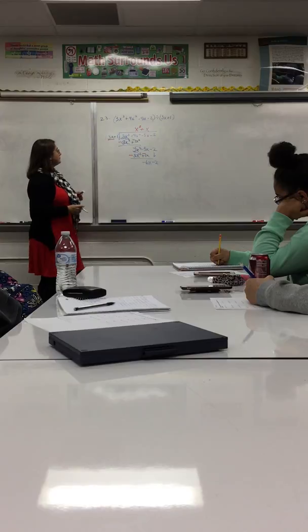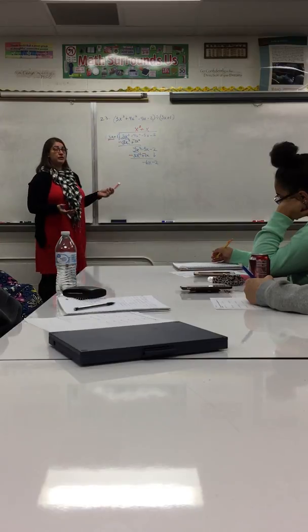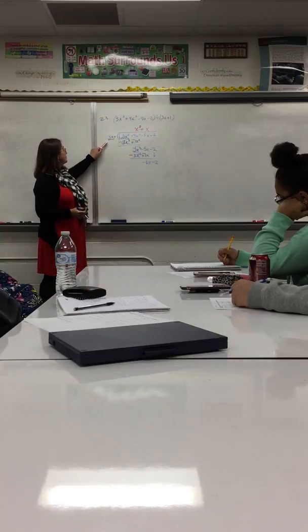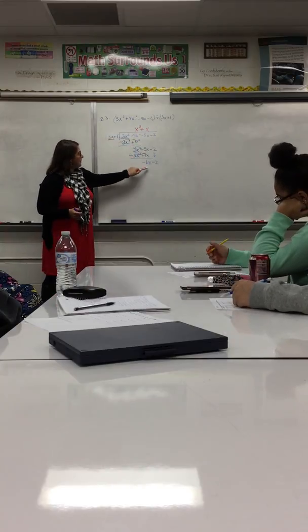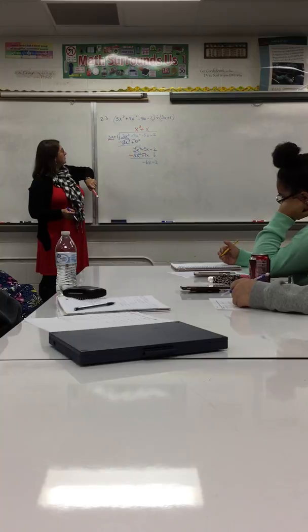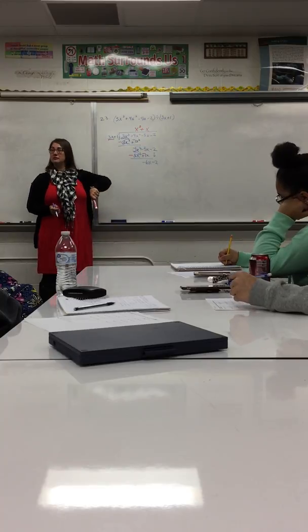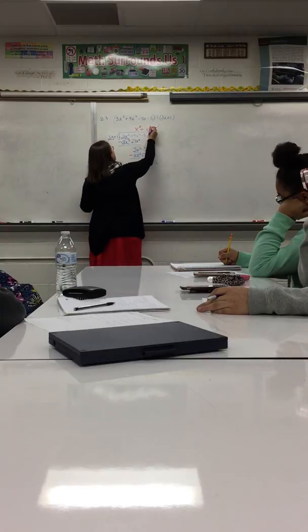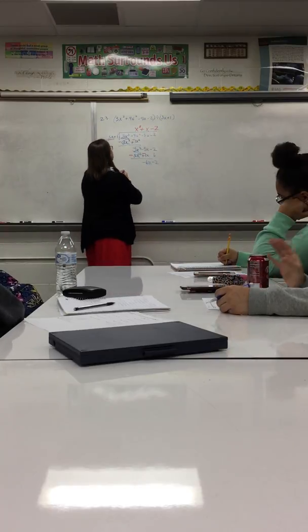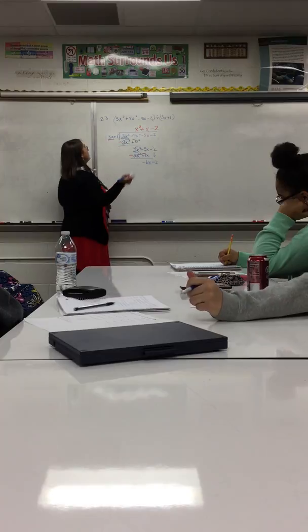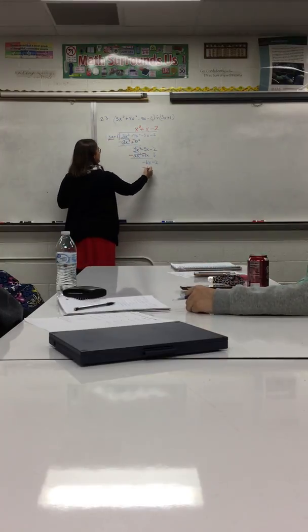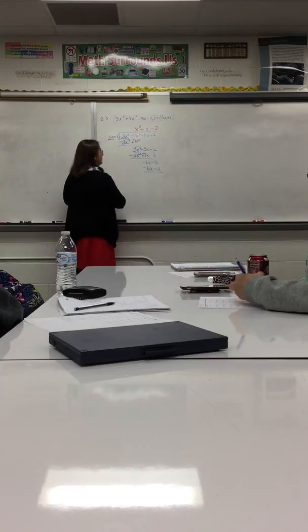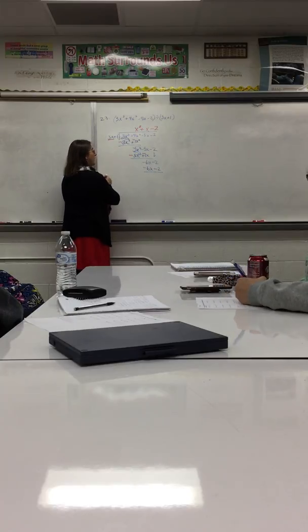And it is a factor, so we should get 0 at the end, right? Factors make 0 remainders. So 3x times what makes negative 6x? 2. Positive 2? Negative 2. Because we want it to be negative 6. So this would be minus 2 at the top. And then negative 2 times 3x is negative 6x. Negative 2 times 1 is negative 2. Both of those are negative right now, so when I subtract this,